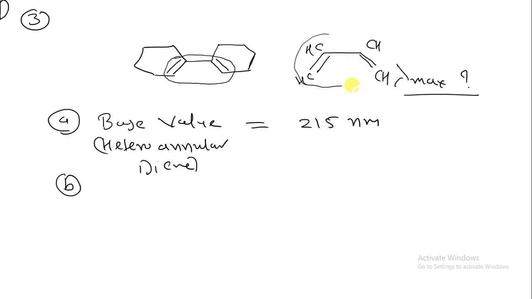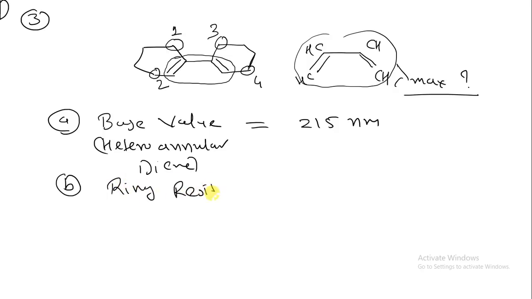Now we have to consider the number of carbon atoms that are present on the structure. So here I am considering this carbon atom, which has one carbon atom, a second one, this carbon atom is also attached with this carbon atom, this carbon atom is attached with this carbon atom, and this carbon atom is attached with this carbon atom. So there are 4 ring residues present on the parent chain. So we have to consider that ring residue. There are 4 ring residues present in the structure.